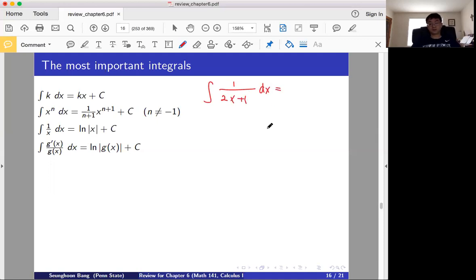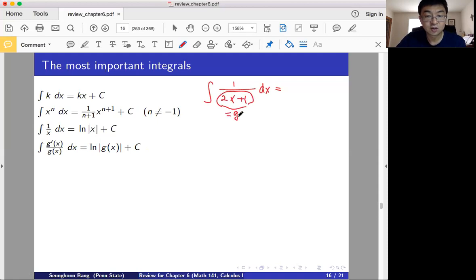What is the answer? So what is the answer? What is the integral of 1 over 2x plus 1 dx? So what's that? Do you know the answer? What's the coefficient of ln of 2x plus 1? Just 1? Only ln of 2x plus 1 plus c? Is it right? So really be careful. But here, the 2x plus 1 is,